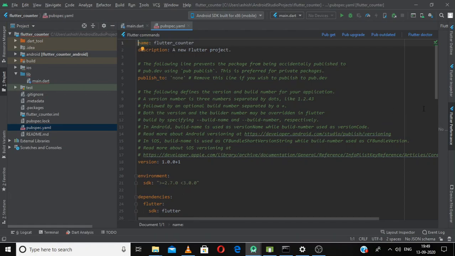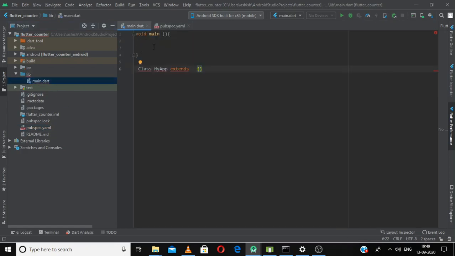If we go to the pubspec.yaml file, and go to the dependencies section, there we have Flutter. You can see in the dependencies we have Flutter, and this package is not in this folder, it is somewhere on the machine. And we will import a package and then we will use the class from that package.